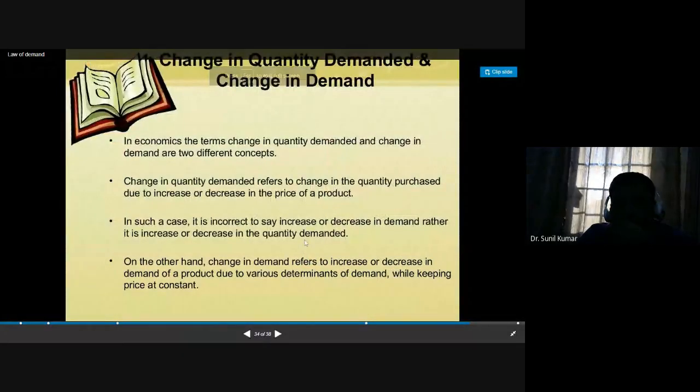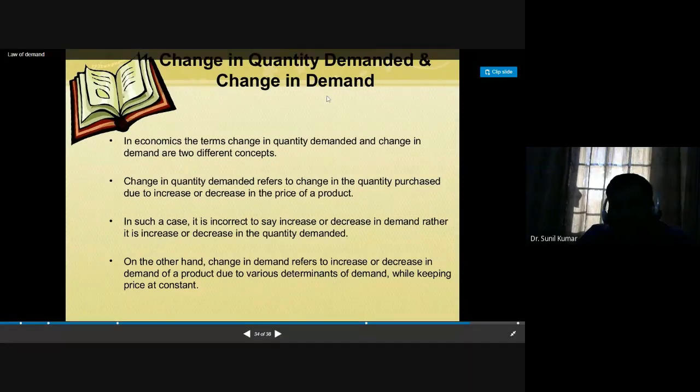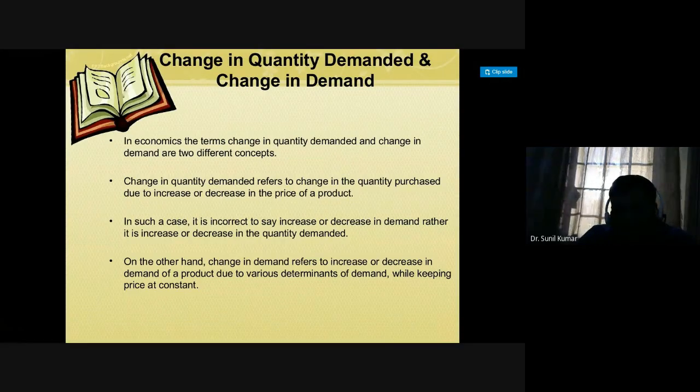So we are at the very last point. We can say that it is change in the quantity demanded and change in the demand. In economics, the terms change in the quantity demanded and change in the demand are two different concepts. Why are these two different? Because